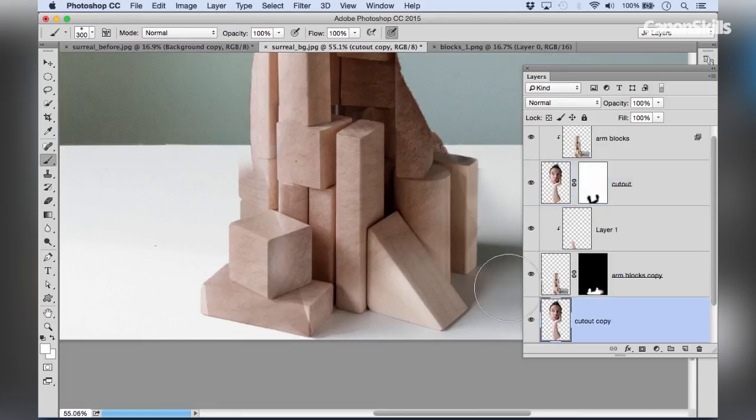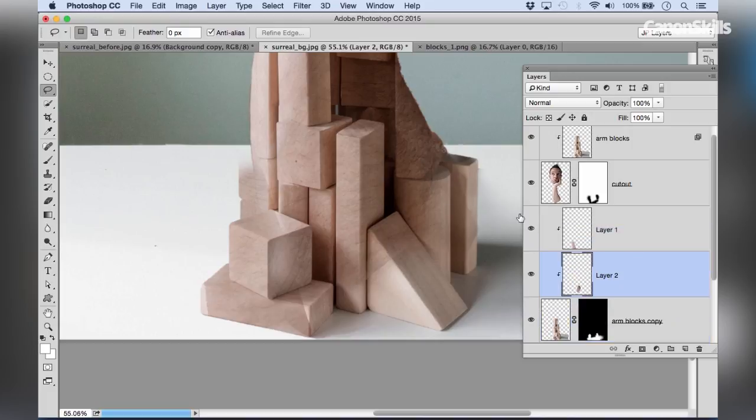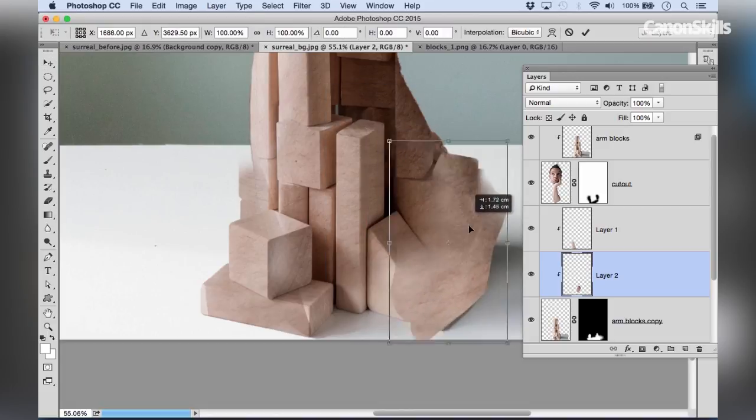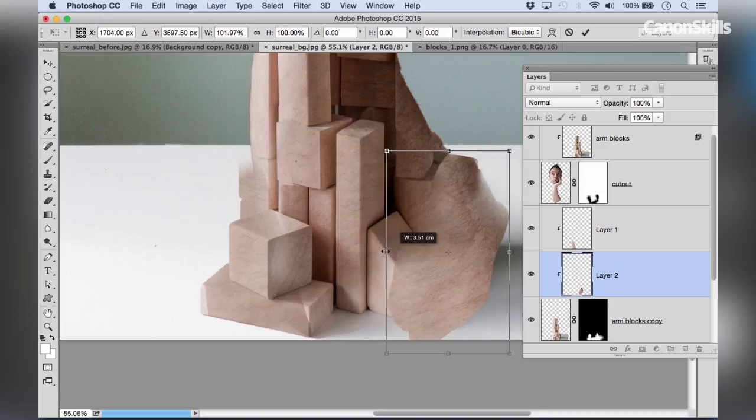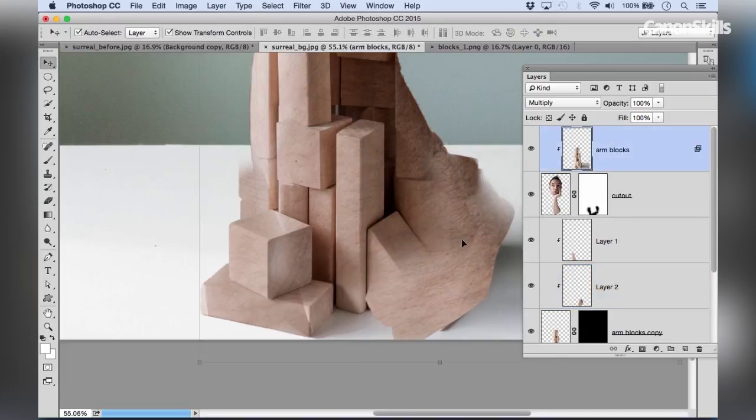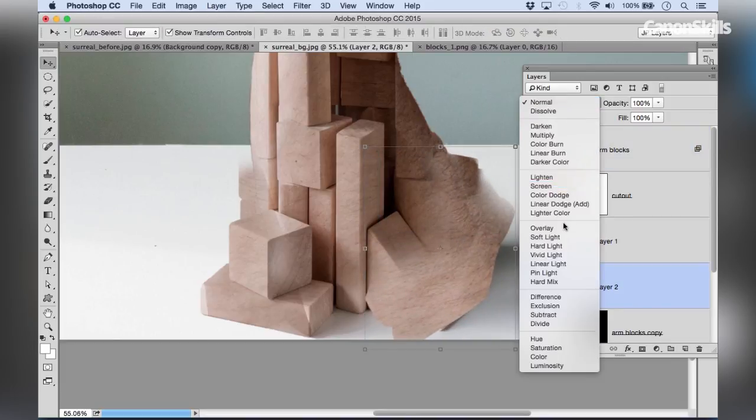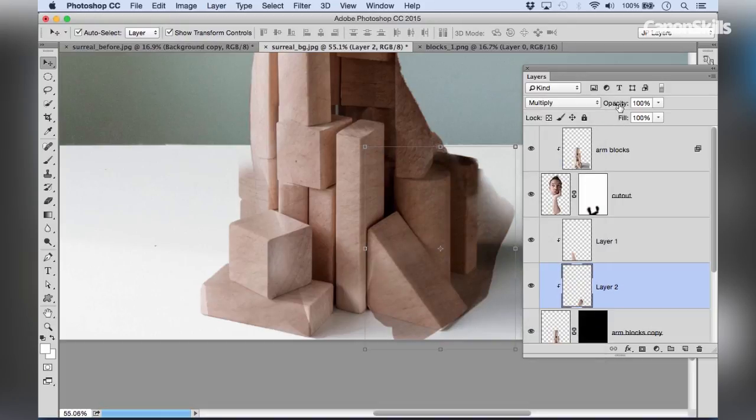So once again, I'll highlight that lower cutout copy layer, make a quick selection of some of the nearby surrounding skin, duplicate that with Command or Control and J, and then drag it above the block layer, and it'll automatically get added into that clipping group. Then I can grab the Move tool, click on the bounding box, and reposition it over the area that I want. And then once more, change the blend mode to multiply, adjust the layer opacity slightly,